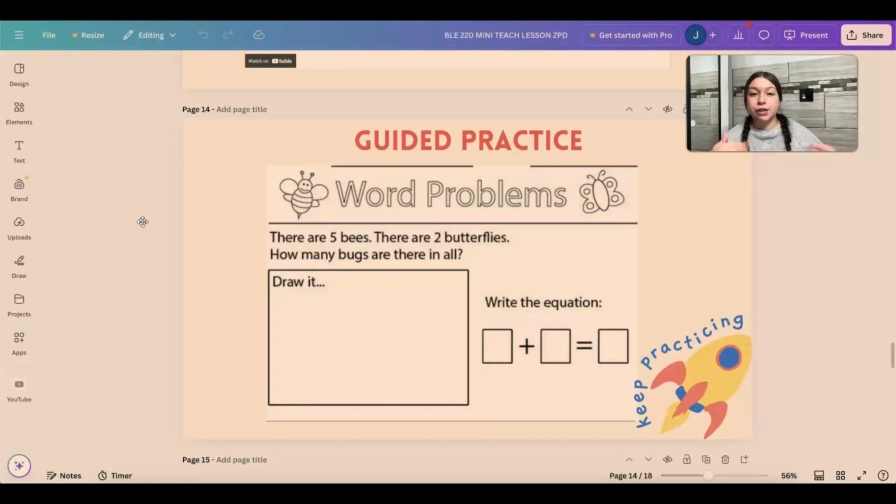Let's go ahead and get started with our guided practice. We're going to be doing some word problems that involve addition and subtraction. So I'm going to go ahead and pass out the worksheet that we'll be working on together, right? Because it's guided practice. All right. So we have 2 problems that are addition and 2 that are subtraction, and we're just going to do one of each. So just a subtraction one and an addition one because we have so much more to do. All right, so